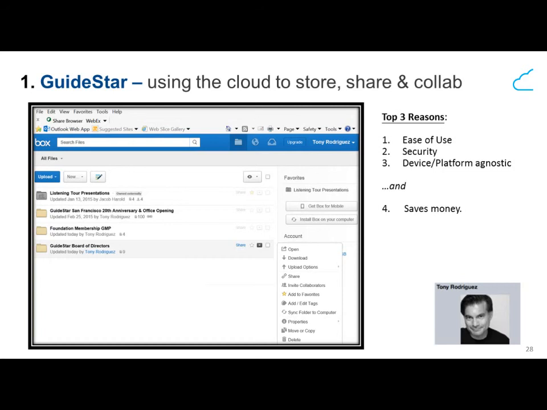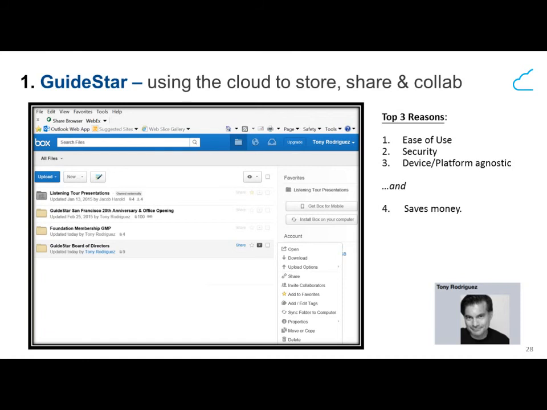We have 3 offices at GuideStar, and we share files, which are typically big documents, across the company by putting little folders of the events that are happening in each office. Next, we're starting to use it within a very specific group at GuideStar, the foundation membership group, and so we have many external stakeholders. Foundations represent about 10% of our annual budget in terms of contribution and support, and these supporters often need plenty of information and updates from us, and that's the preferred way for us, we think, moving forward.